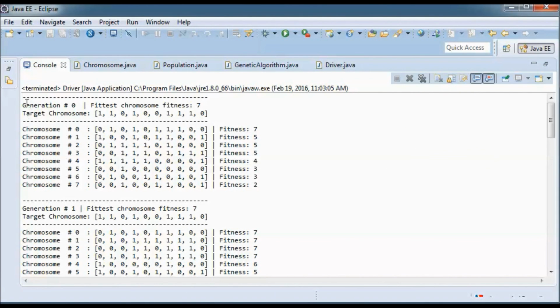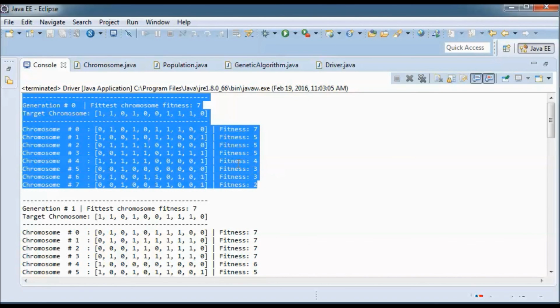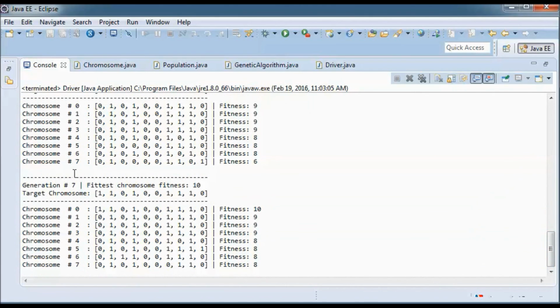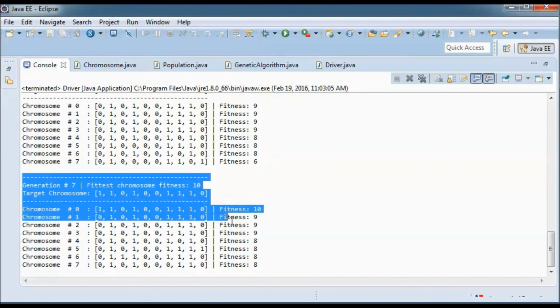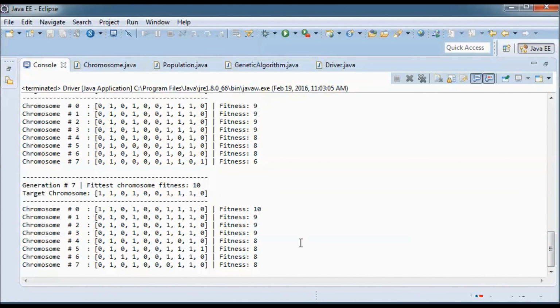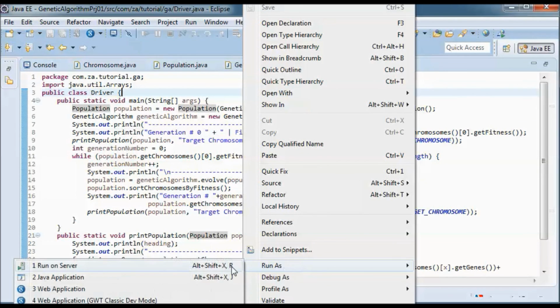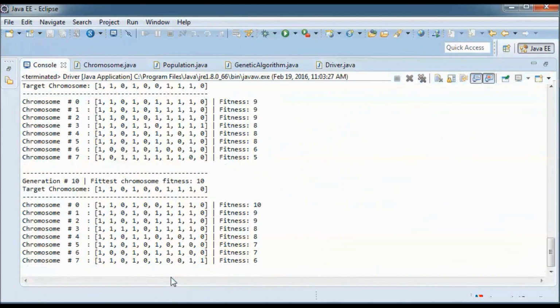So we went from generation 0 to generation 7. And if we run it again, let's see what we get. We went to generation 10.